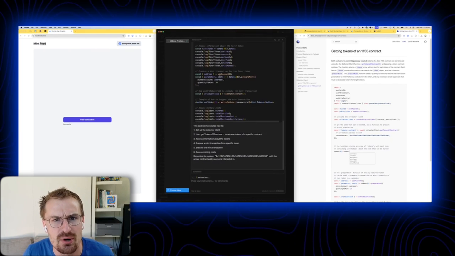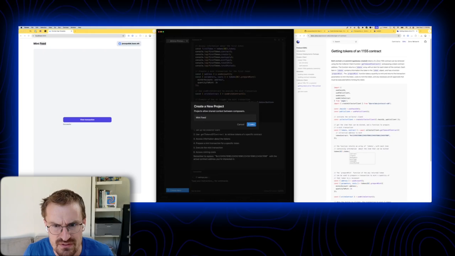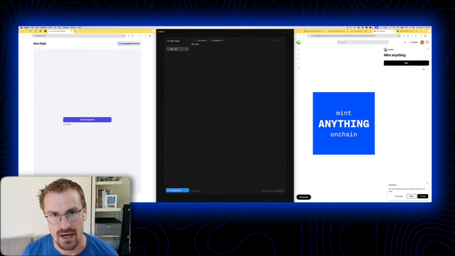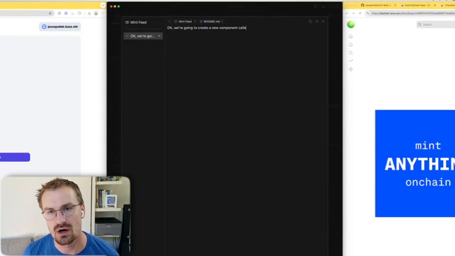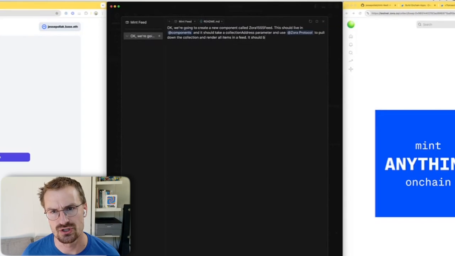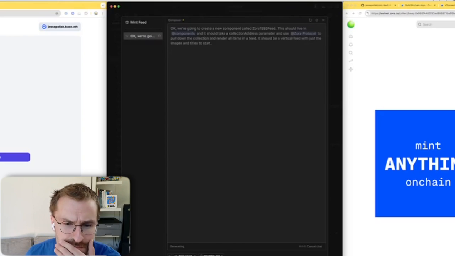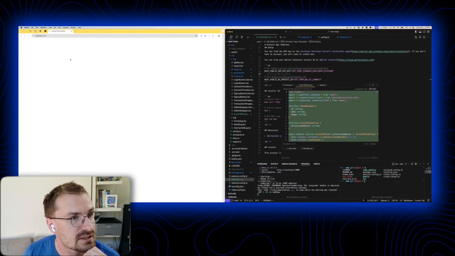So I'm going to open up Composer, create a new project. Let's see, this is just mint feed, create project. Okay, we're going to create a new component called Zora1155Feed. It should live in app web. It should be a vertical feed with just the images and titles to start. Okay, that's nicer. Good boy, Cursor. It's loading,